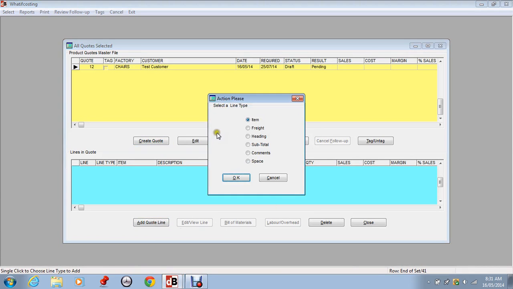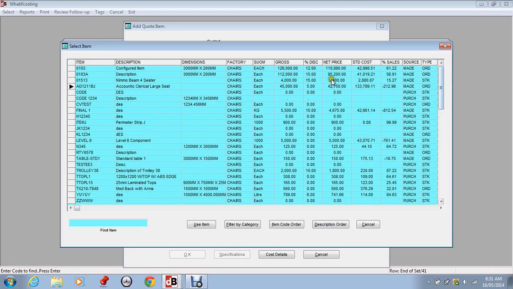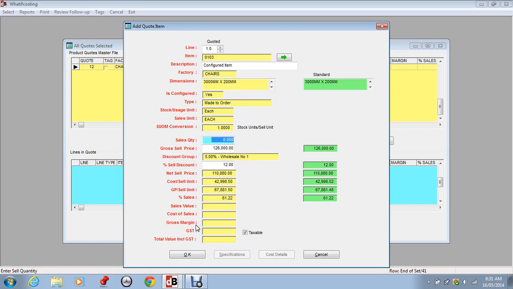These are the lines that are available to us: item, freight, heading, a subtotal, comments, and additional space. So we'll add an item. The item comes from the costing module item master file. We'll add a configurable item, put a quantity in,